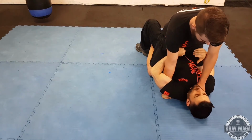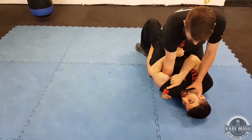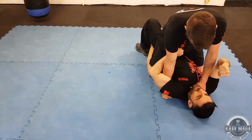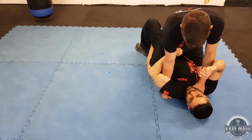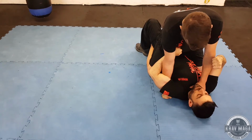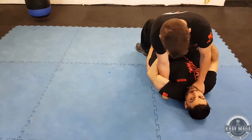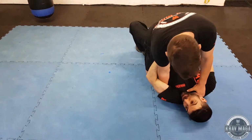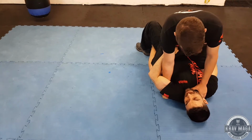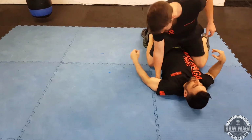So from here, when I want to do my bridge, I'm going to look over my shoulder, because this is where he wants to go. And then with my free hand here, you're going to make a fist. With my partner, I'll just do it with an open hand to be nice. And with my fist here, I can actually punch his ribs in the same direction that I'm going to bridge up and over. This will help get him over, and also I've got an attack on the way over. Now from here, if we just scoot one more,